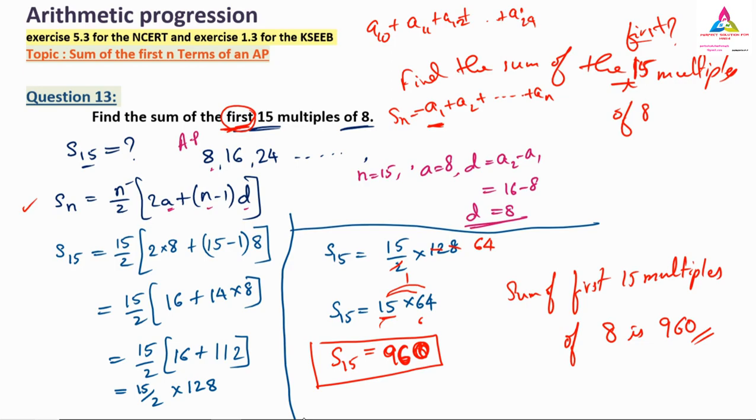So if you take A1 to A15, how many terms are there now? Again 15 terms. So "first" means you have to start from A1, A2, A3. If they have not given "first" here, you can start from anywhere, even from A2, because they have not mentioned "first". This was the clarification for the doubt, and it was a good question.